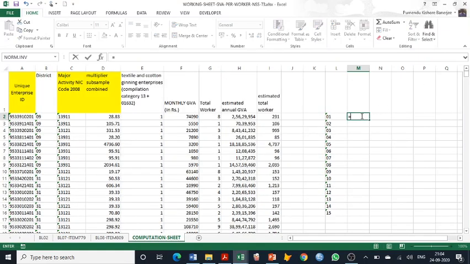Now let us see. The rest is simple. We have already done something similar for the 75th round data also. Now we will use the SUMIFS function.